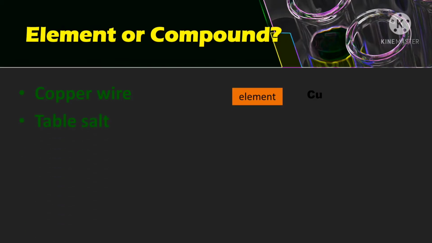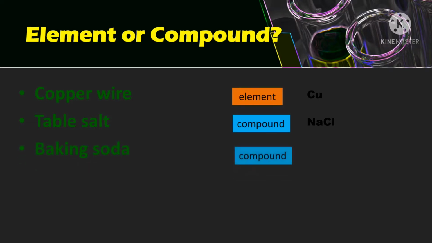It is commonly used in making electrical wires. Table salt. It is a compound. Its chemical formula is NaCl, and it is a very well-known food seasoning. Baking soda. It is a compound. Its chemical formula is